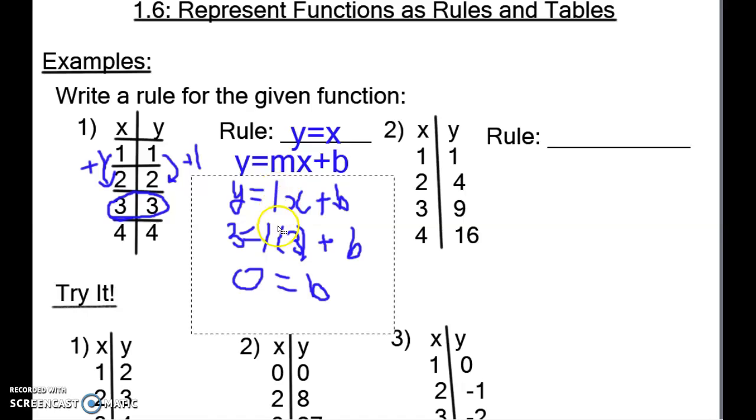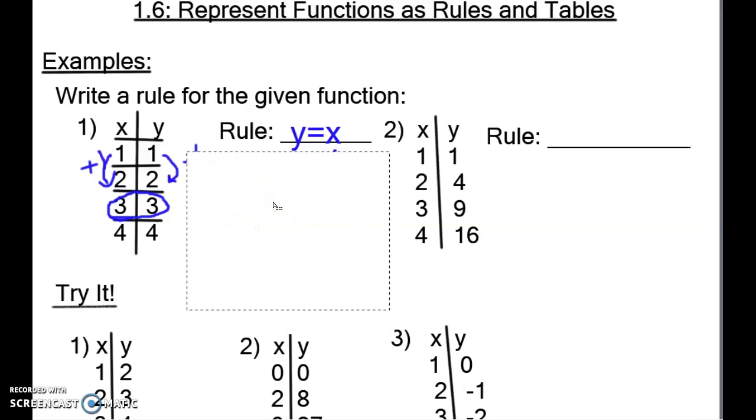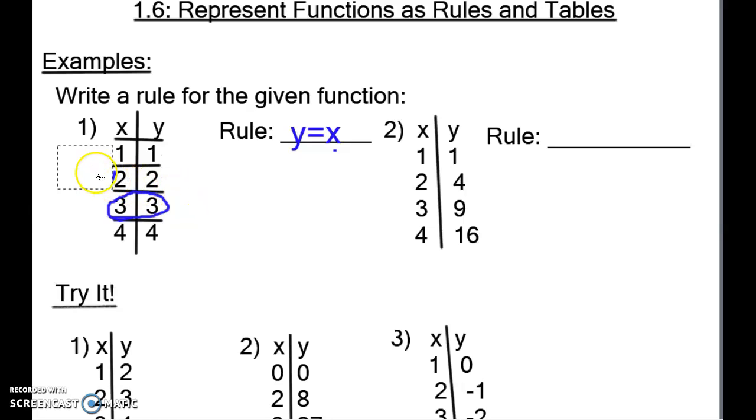Let's go ahead and do number 2. First, let's clear up some space. Alright. Again, they give us the x and y coordinates. Say 1, 1, 2, 4, 3, 9, and 4, 16. Well,